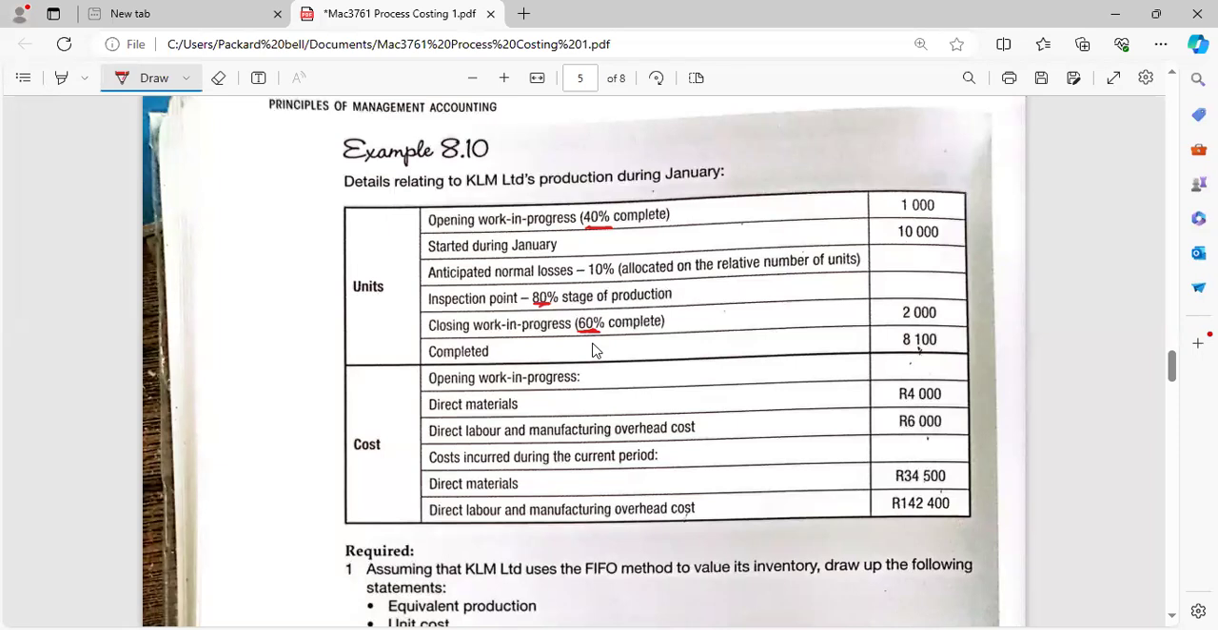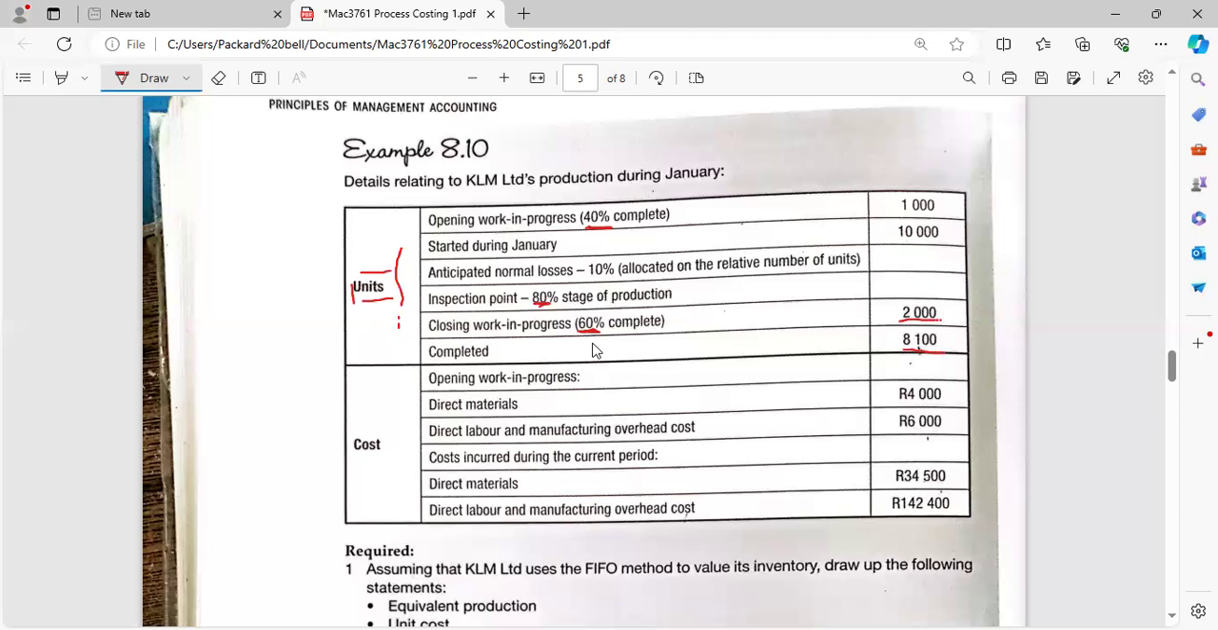Right, so there were 8,100 units which were completed. And always remember here, when you have closing work in progress, which is 60% complete, equivalent units is not going to be 2,000 because it's 60% complete. Equivalent units is going to be times 60%. So that is going to be the equivalent unit. So this part in your question, you use it to calculate the equivalent production cost, which means we are dealing with units here. So the equivalent production is going to be